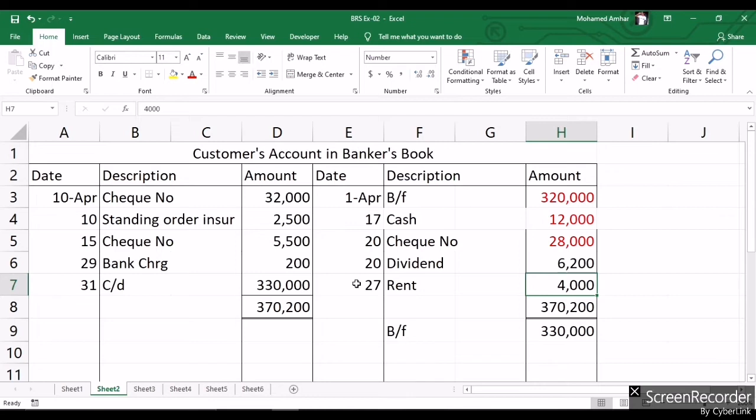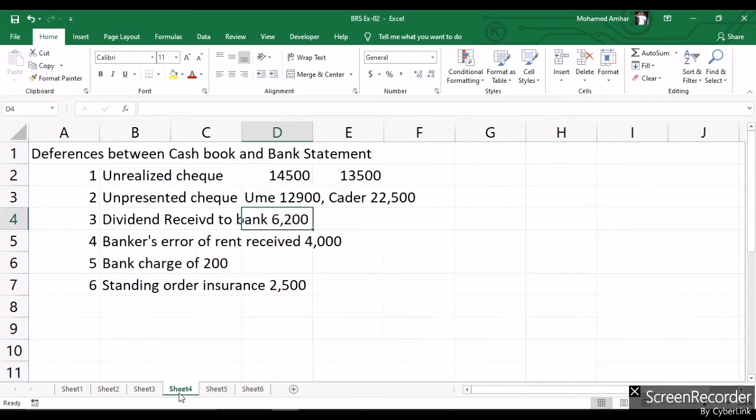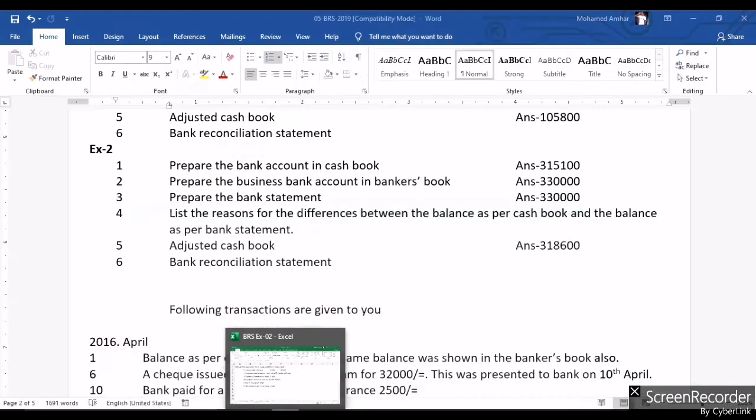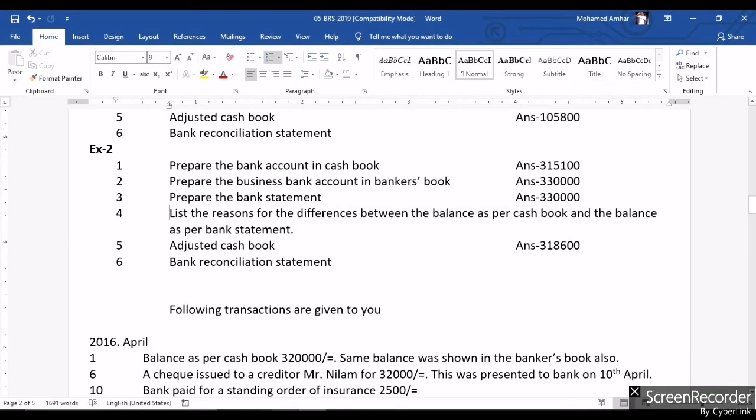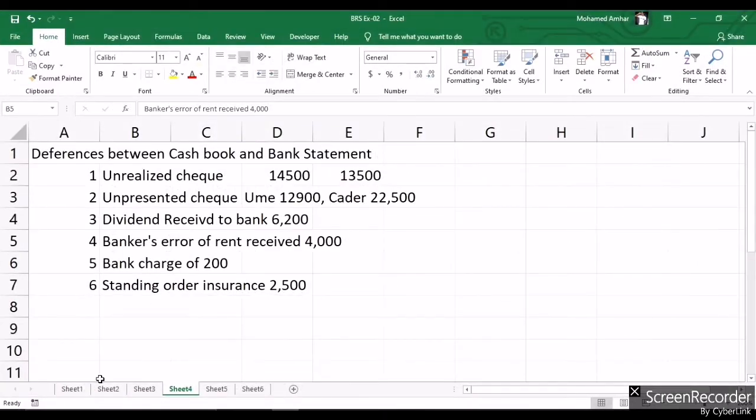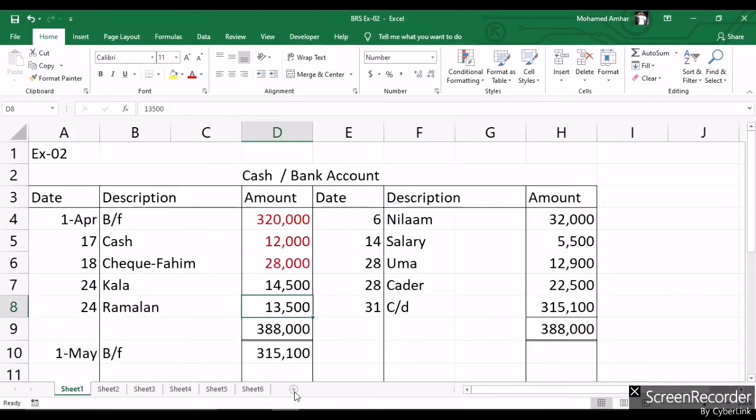So this is one wrong of the bank. So this is also a difference. So write that here, banker's error of rent received 4,000. So that is also a difference, right? And now see the